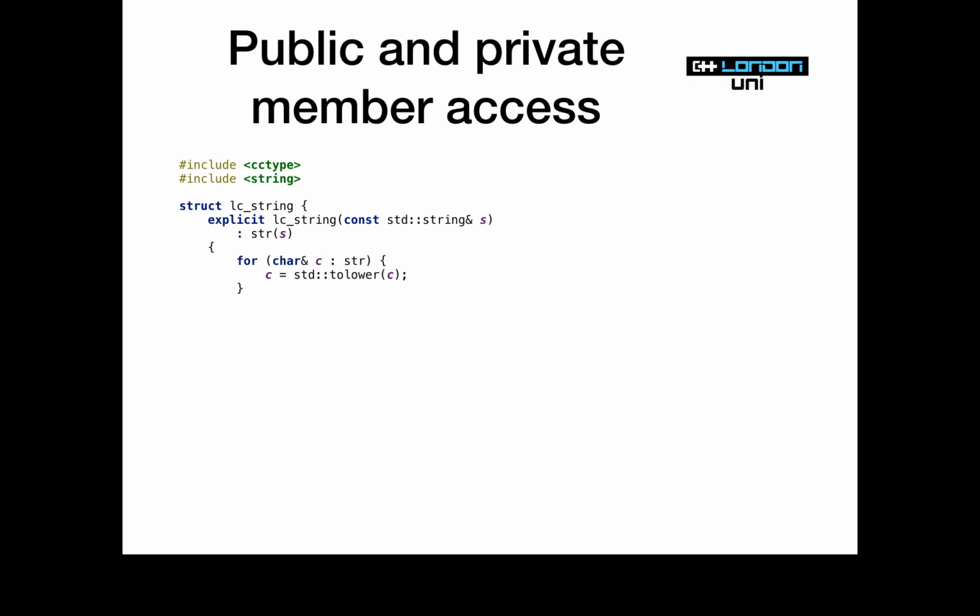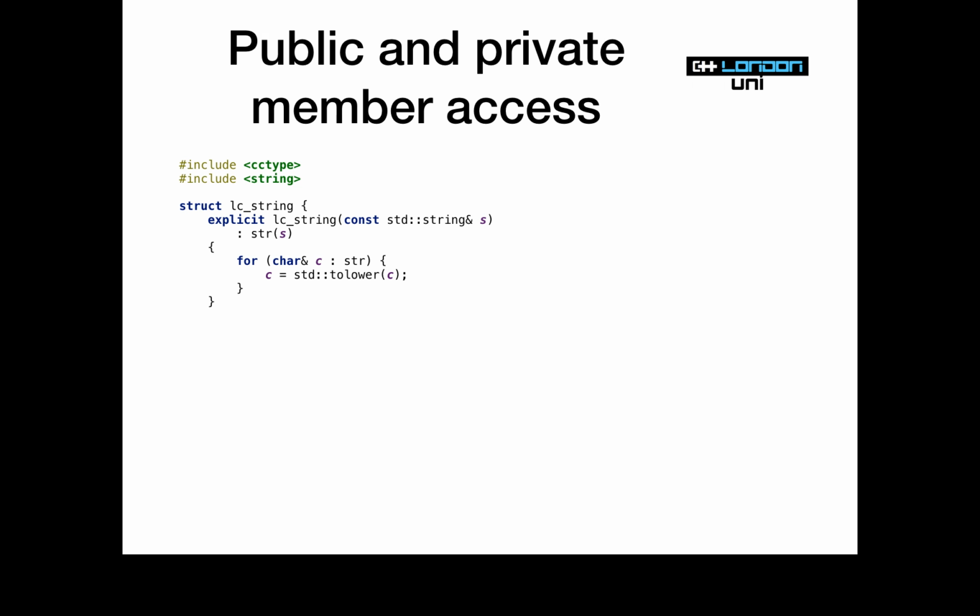I have a question. Yes? So I used the toLower function today, but I didn't know it was from standard, but it still worked out. Yeah, toLower is part of the C standard library, so it's available with or without std. You don't actually have to put the std in there, but it's good practice in C++ anyway. But because it's a C function, you can omit that as well.